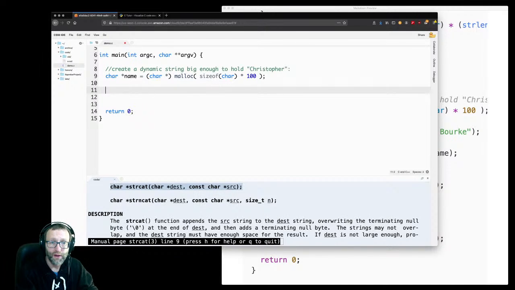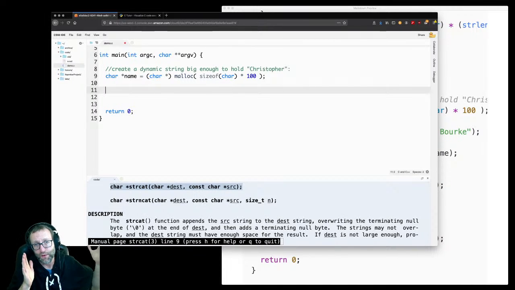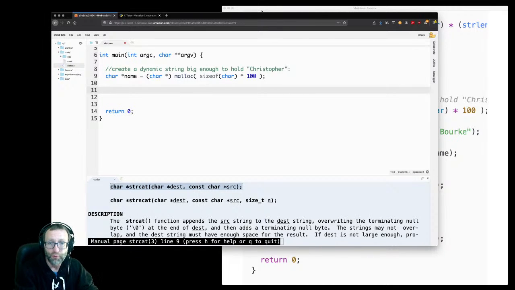Let's go ahead and get it started by putting in my first name. If the original is not properly null terminated, it goes to the end of the string, and that's when it starts copying or concatenating things. So we need to make sure that we start off with a properly null terminated string. The way I could do that is to set it so that it's an empty string by putting the null terminating character at the beginning, or I could just start off with an strcpy into name